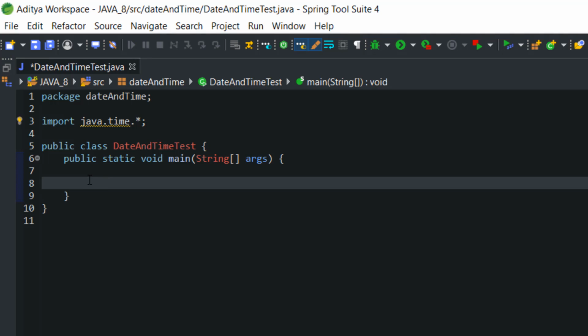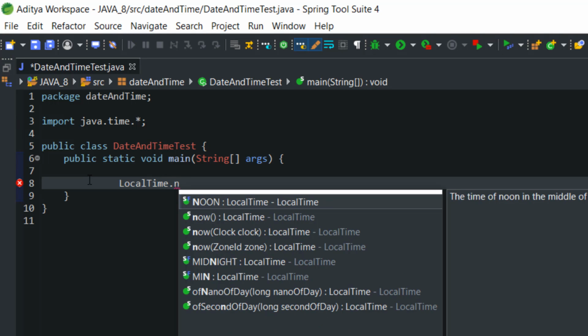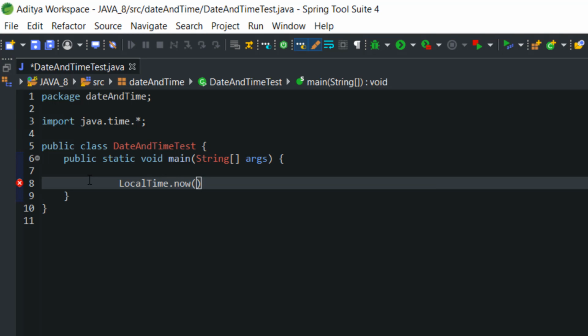The methods of LocalDate and LocalTime are almost similar. So to extract the latest time, we are going to call the LocalTime class, and after that the method name is also similar, the now method. Let's execute this LocalTime.now method to see what the current time is right now.